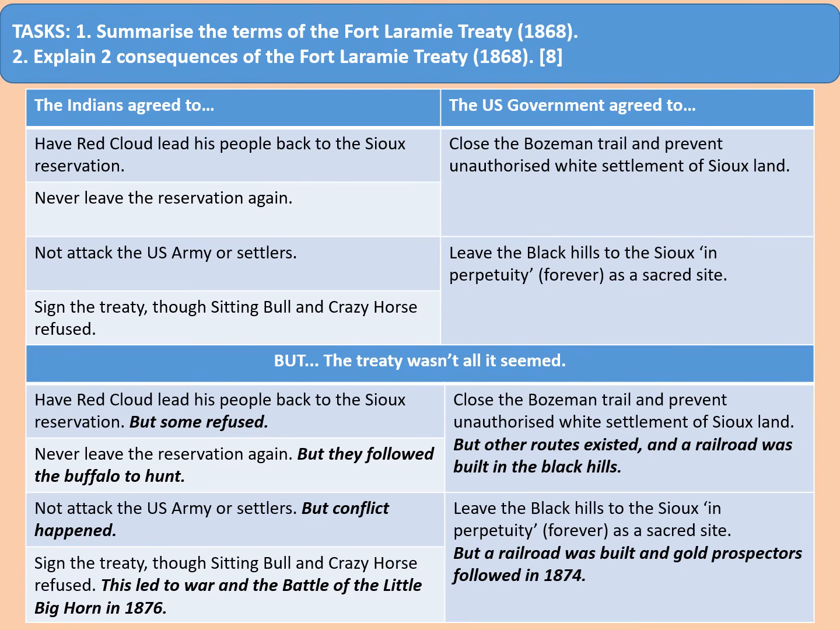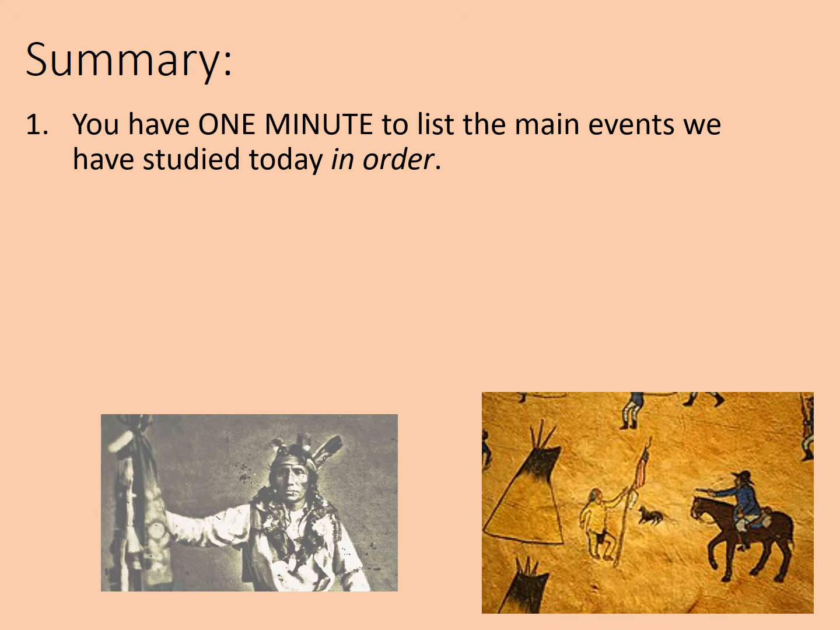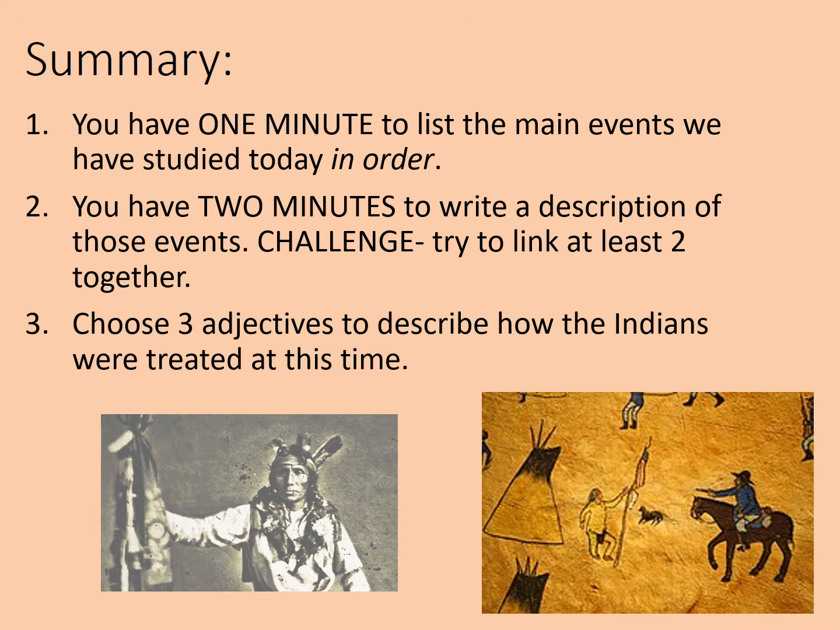Okay, let's move on. In final summary then, you have 1 minute to list the main events that we have studied today in order, and 2 minutes to write a description for each of those events, and as a challenge to try and link at least 2 of them together. And lastly, to choose 3 adjectives to describe how the Indians were treated at this time. So in total, give yourself about 4 minutes to complete this. So once I've finished talking, you can pause the video, complete those tasks, and that will be the end of